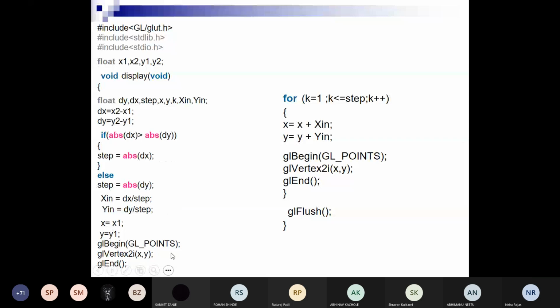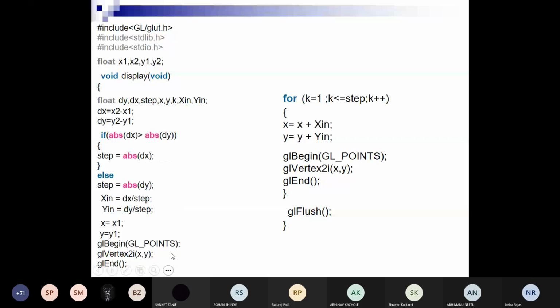So this is the program for the DDA algorithm. So x1, x2, y1, y2, all these are the points, or p1, p2 points. So हमें क्या first find out करना होता है? dx, dy, then steps, number of steps, x, y, k, x increment and y increment. So what is dx? dx is x2 minus x1. What is dy? dy is y2 minus y1. Then if dx is greater than dy, we have to continue these steps, else we have to do all these steps. So all these operations we are going to see in our lab session.